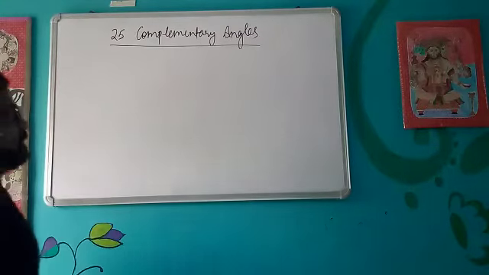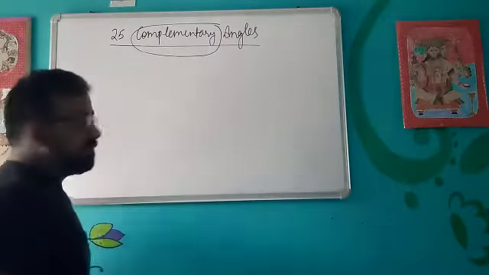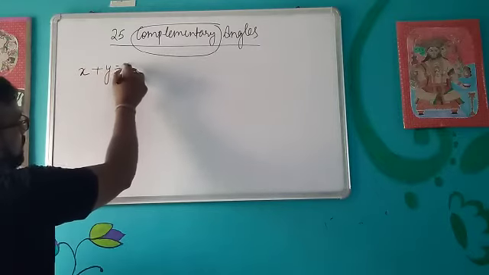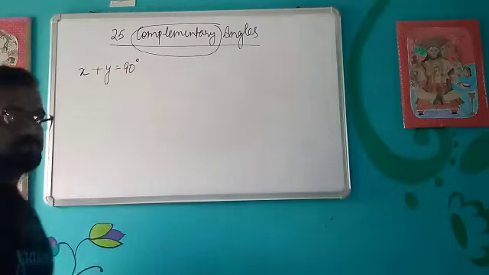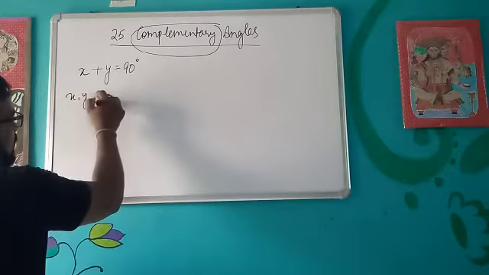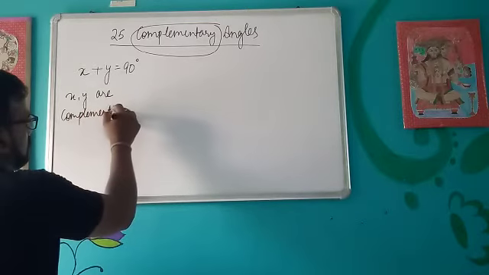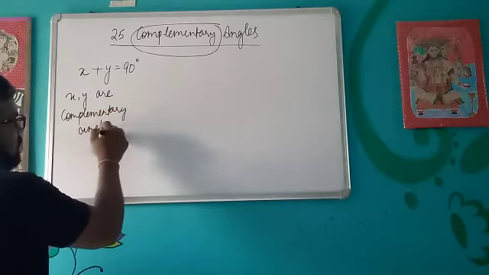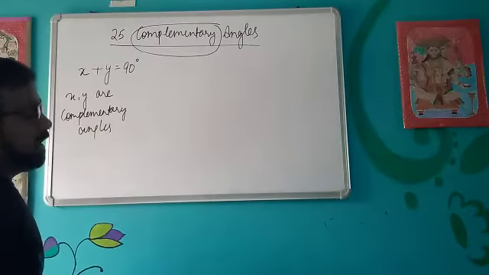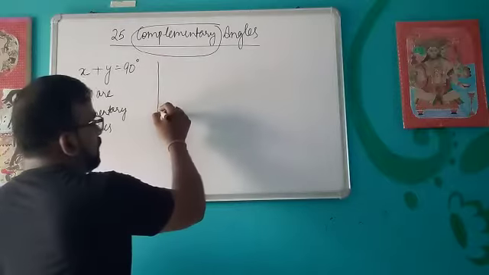Now first thing, what do you mean by complementary angles? Like you have studied in the previous class, if two angles are there, suppose x and y, and if you add them and you get the sum as 90 degrees, in that case we know that x and y are complementary angles. This concept we will carry forward to derive some relations that we will use to solve the questions in this chapter. Now regarding trigonometry and the use of complementary angles, let's see a few relations which we can derive.